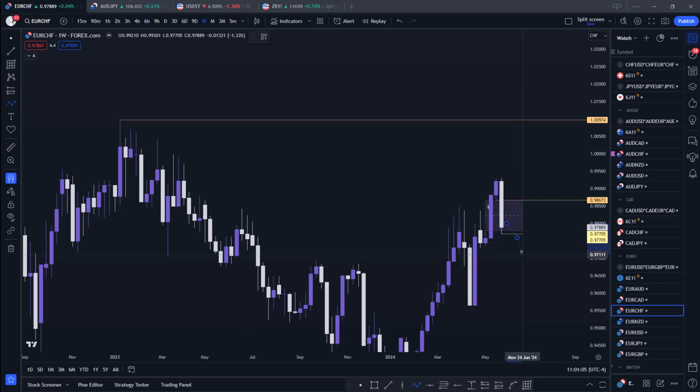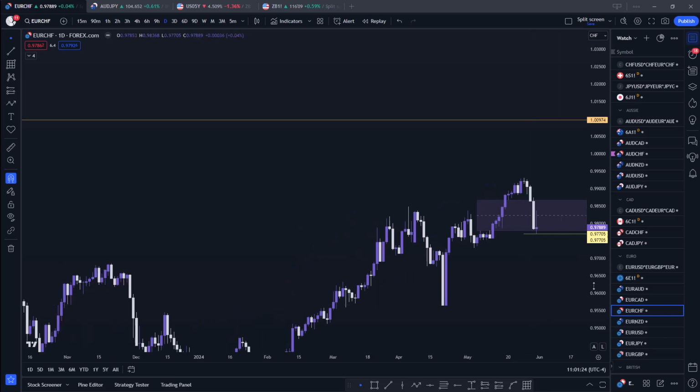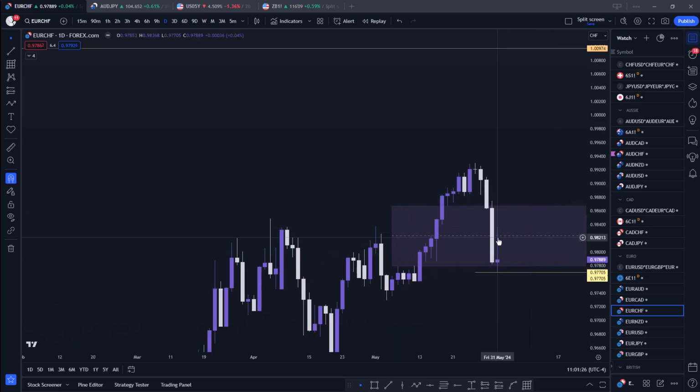So price may come down, then continue higher, which would be fine with me, because it also supports our AUD Swiss idea, where we want it to trade down into the gap, then ultimately a swing idea to the monthly fair value gap. So I'm watching out for this weekly low as a possible draw on liquidity. On the daily time frame, we also see the sharp rejection. This sharp rejection away from the